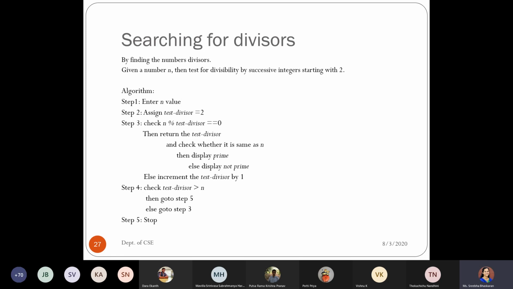When I'm repeating the loop, each time the test divisor value will keep on incrementing, and I will check whether we are having any remainder equal to 0. If it is equal to 0, then I'm doing one more comparison, whether it is equal to n or not. If it is equal to n, I can say that it is a prime number, because the number is divisible only by n itself. Otherwise, I'm just coming out of it. So if I write an algorithm in this way,